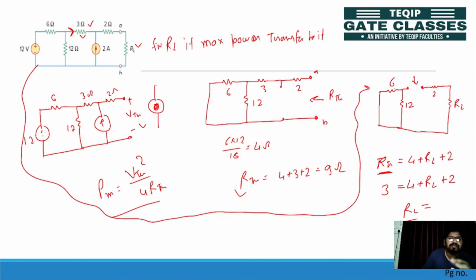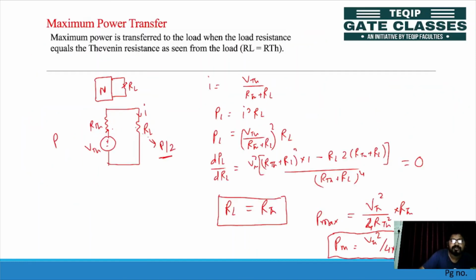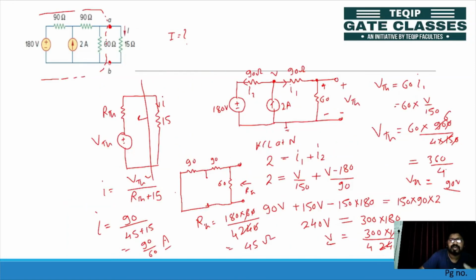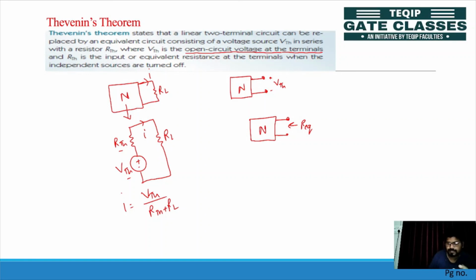So what is the application of Thevenin? Why do we have to learn all these theorems if nodal and mesh analysis are enough to solve any complex circuit? So what is the benefit here? You can see, suppose you have a variable load, and the load is changing. If you are applying nodal or mesh, then for every load you have to apply nodal or mesh to calculate the current in that particular load, every time.